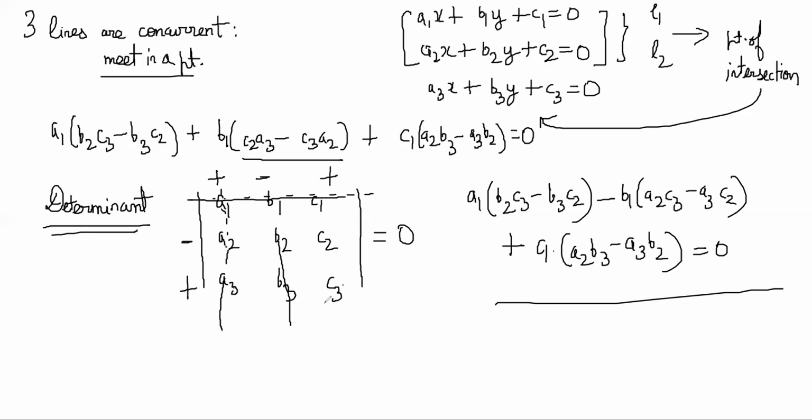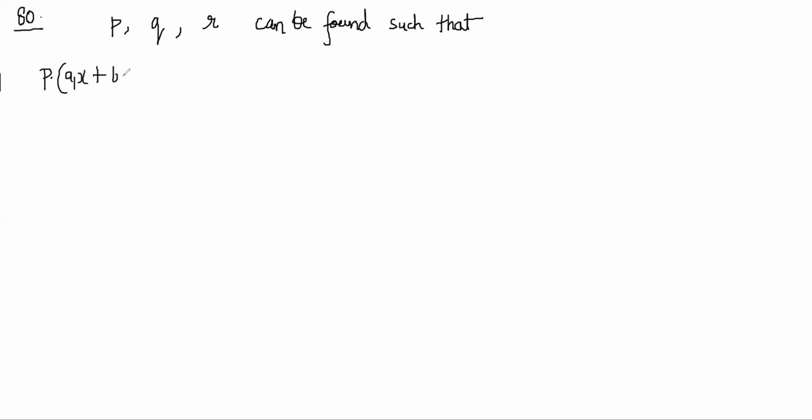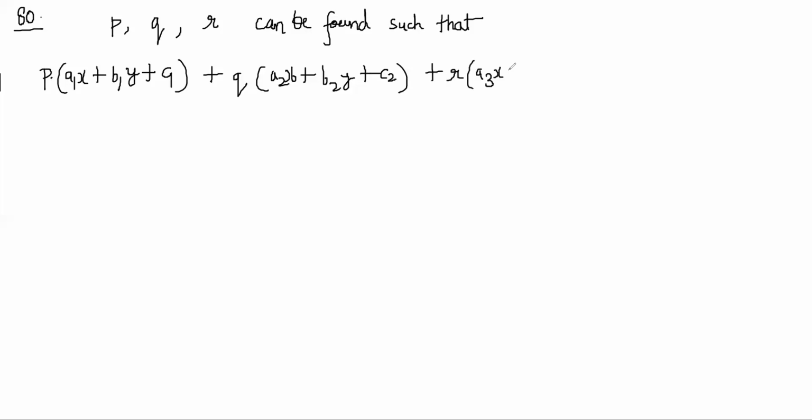Then one more article, article 80. Article 80 says another criterion as to whether three straight lines of the previous article meet in a point is the following: if three constants P, Q, R can be found such that P into A1x plus B1y plus C1, plus Q into A2x plus B2y plus C2, plus R into A3x plus B3y plus C3 is equal to 0